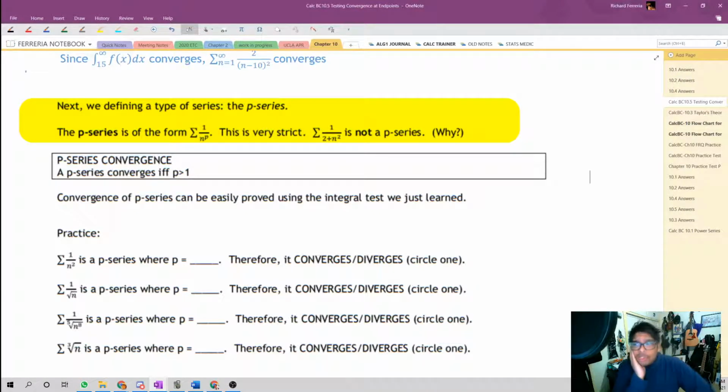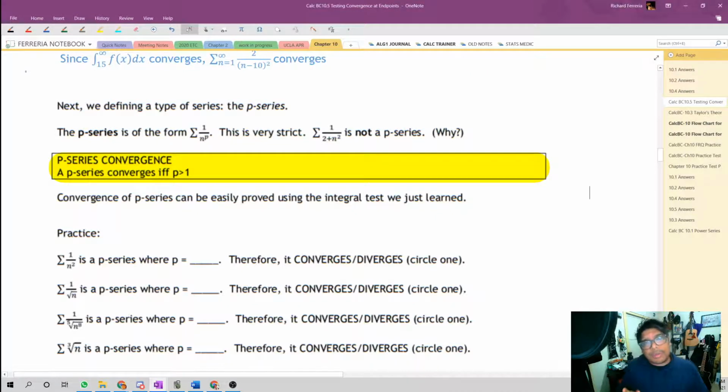Now this is a very strict definition. It has to be n to the p power and nothing else. Even 5 over n to the p power, that's not technically a p-series. So be very strict about what you call a p-series and what you don't call a p-series. For example, 1 over 2 plus n squared, that's not a p-series because of the plus 2. Now p could be any number, positive or negative,